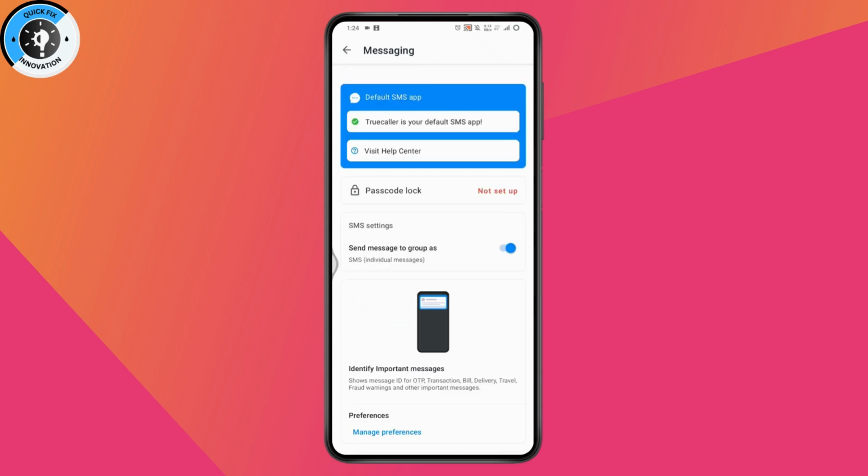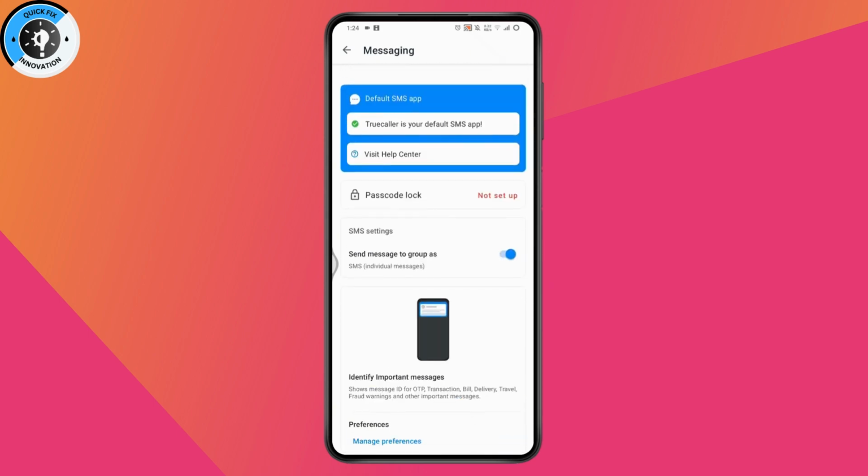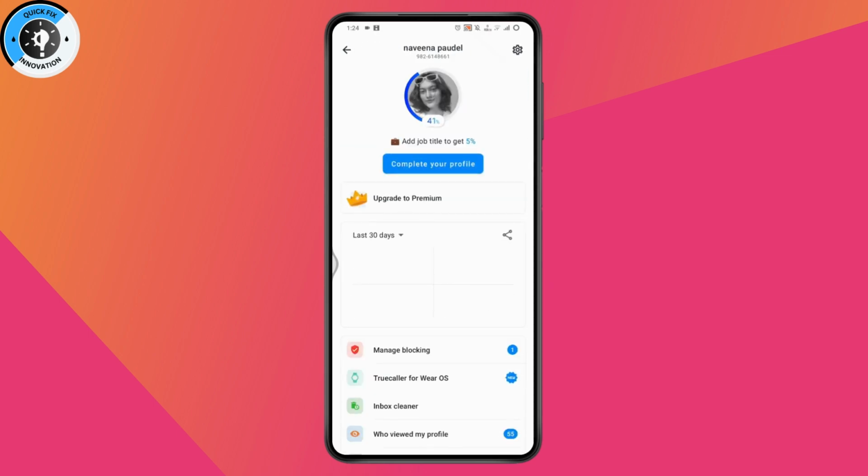You can also go with the messages, and here also you will have the password lock. If you want to set a password to your messages, you can set your password. And you can also go with your profile, and you can manage your profile, like you can simply add any profile photo, or you can upgrade to premium,